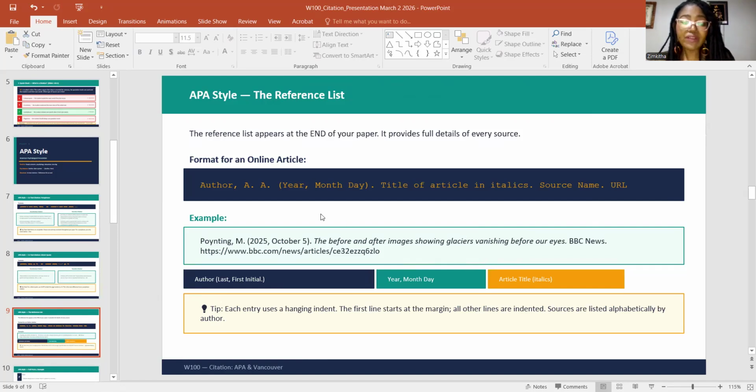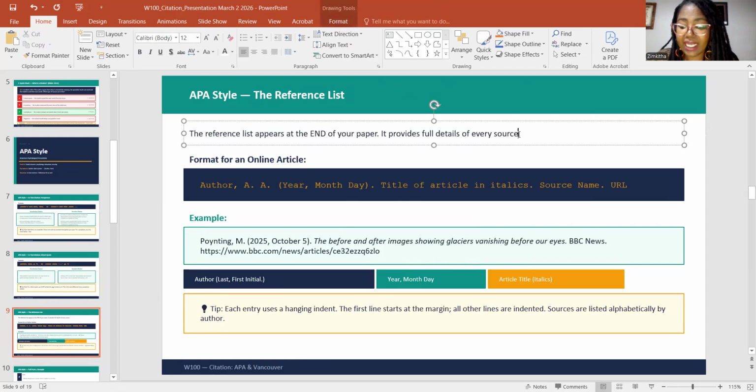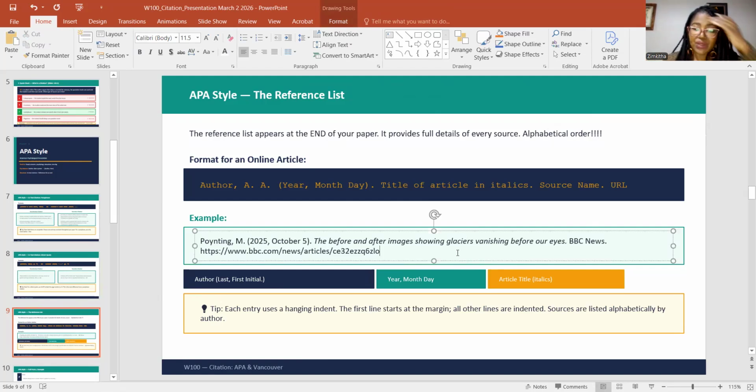Now, one of the things when you list your authors, they need to be in alphabetical order. I'm going to add it here because I think I did not. They need to appear in alphabetical order. So if your first author's surname is Brown, you have Brown first, okay? And then the next source might be Michael's. That's the next one. And until the last one, for example, Zimmerman, it will be the last one in your reference list because of the alphabetical order.